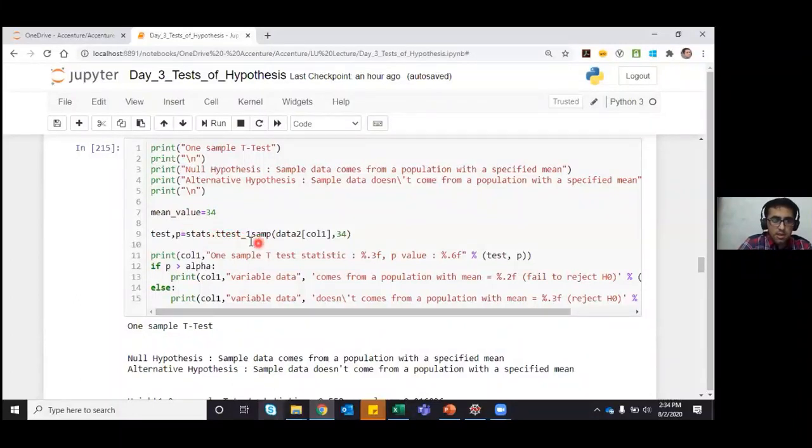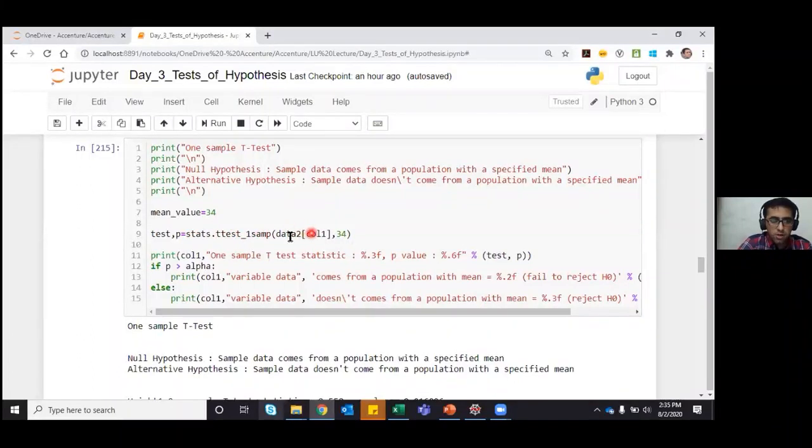And the syntax is stats.t_test_1samp. So stats is my library that is used, and t_test_1samp is the syntax for one sample t-test. I just want to test on one of the columns. You can use it on both the columns as well. So I've used it on the height column, and I'm just testing against my mean value of 34.